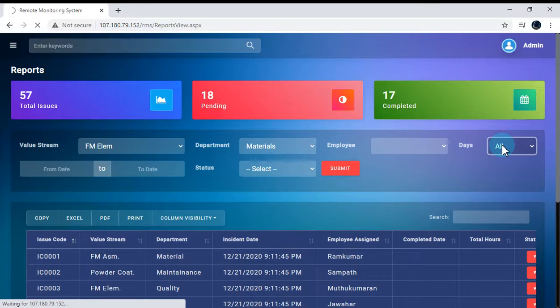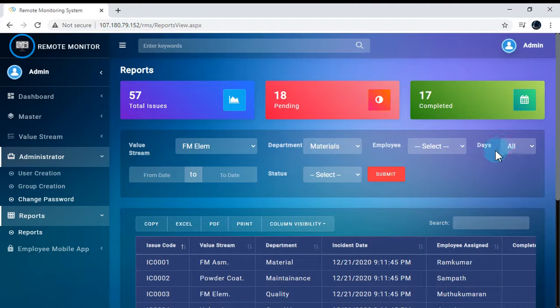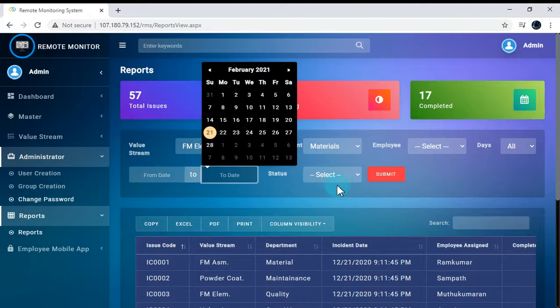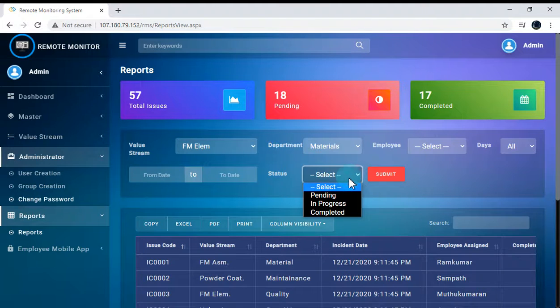And here you have the options to see if the issues is greater than 2 days or 7 days and pull out that specific information. You have options to choose between dates or just filter based on the status.